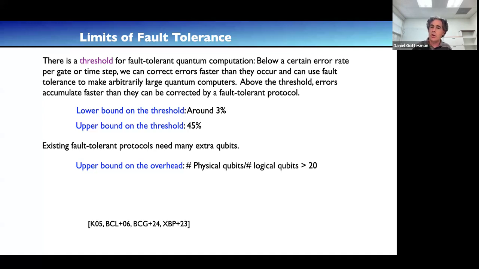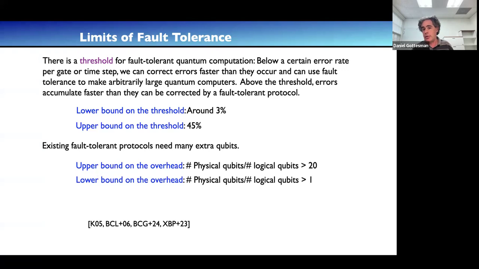So it's sensible to ask, well, how far in principle could we bring it down? In that case, we know that there is no lower bound, or rather the lower bound is that the number of physical qubits just has to be greater than the number of logical qubits, but it could be arbitrarily close. Now, that lower bound is based on, again, a not practical result. It is completely theoretical. It applies in the limit of many, many qubits. But again, it shows that there may still be room to improve on the overhead.